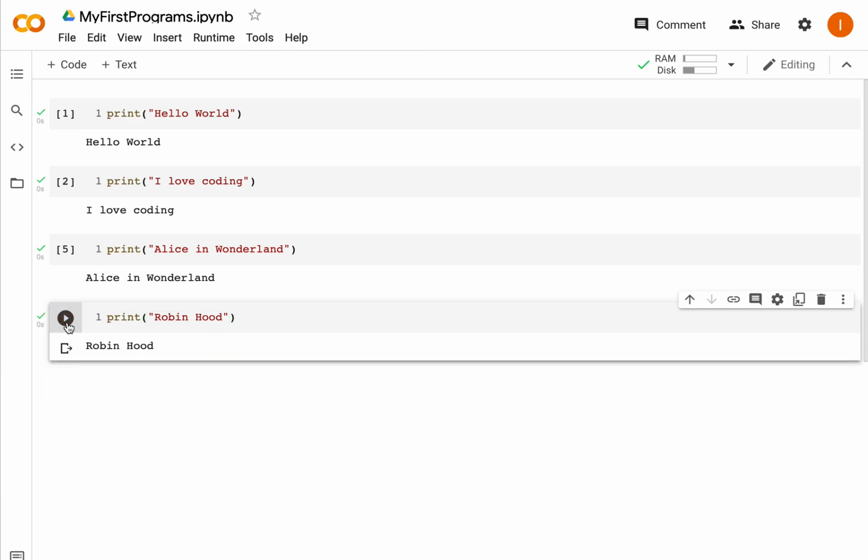And print Robin Hood. So now we are coding. And everything in Google Colab automatically saves. So now you've created your first programs, and don't worry if you're having problems or difficulties,